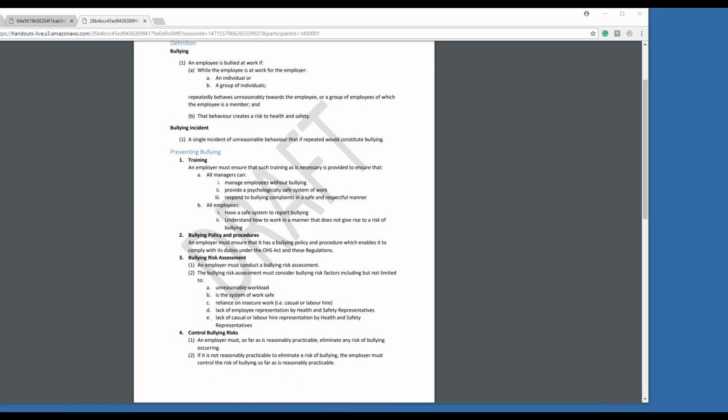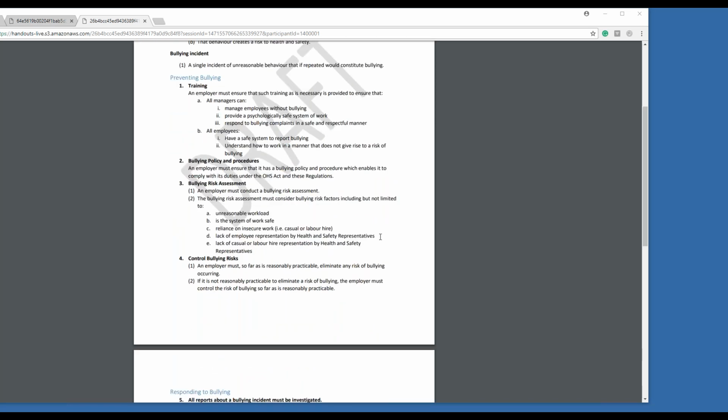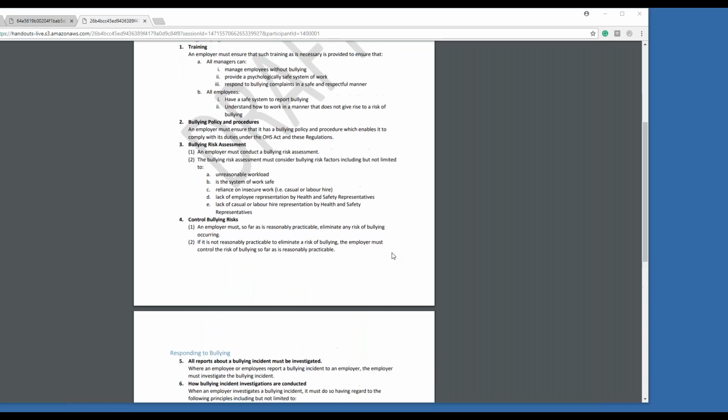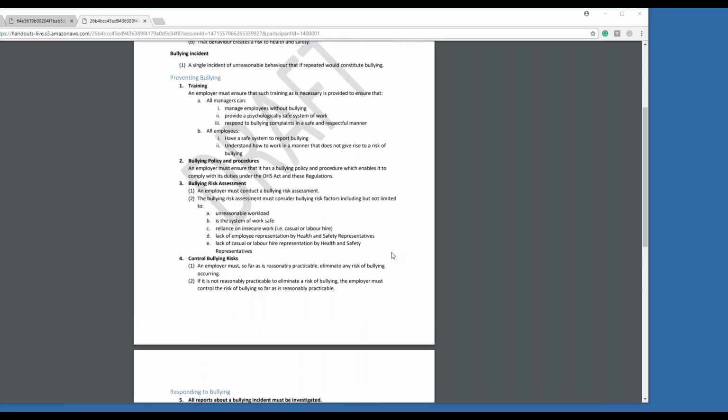Because the whole aim is to stop it from getting to that point. We want it to focus on prevention. Absolutely. We want to help with responding to it, but if we could prevent it in the first place, there would be no need to respond. Yeah. I think looking at point